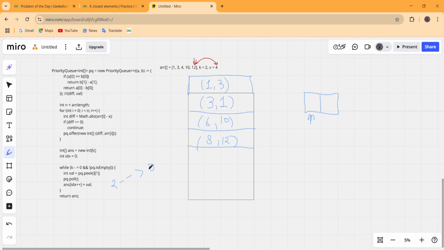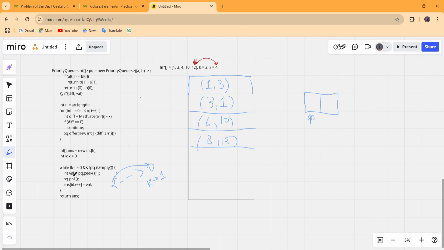This is a post decrement, so this condition is checked, 2 is greater than or equal to 0, and after checking this condition this k gets decremented. That means k is 1 and this condition is true, and the priority queue is not empty